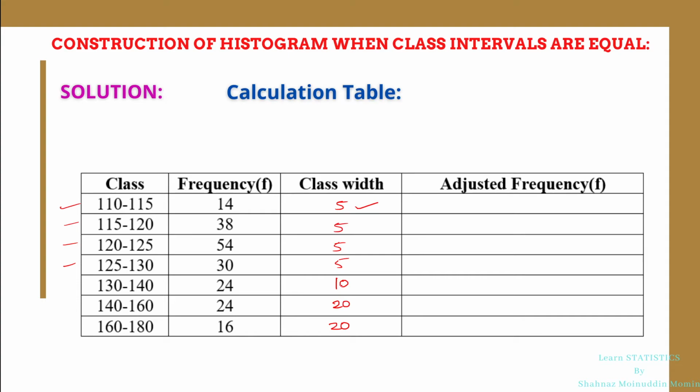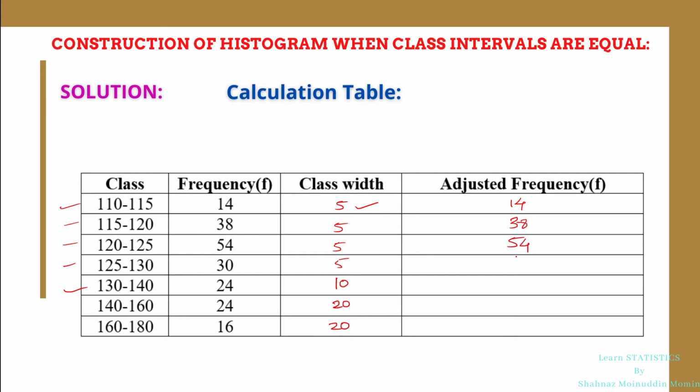Then the class 130 to 140 has double the width of the normal class, hence we divide its frequency by 2. I will write the frequencies of the first four classes as they are, since they have the minimum width: 14, 38,